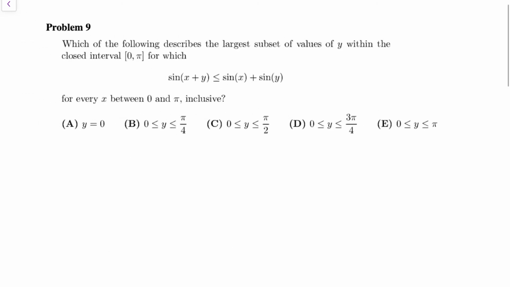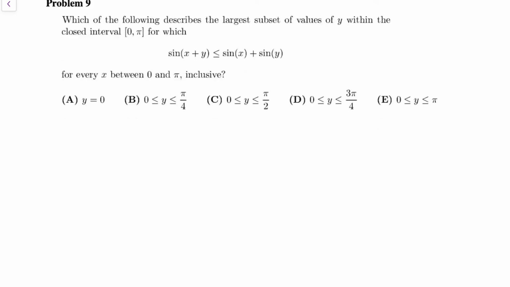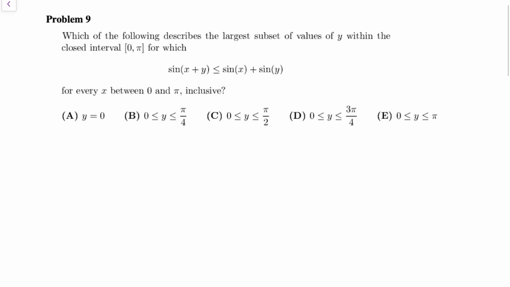Now let's look at problem 9. The AMC has 25 questions on a single paper. From question 1 to question 20, they're fairly okay questions, not occupying a lot of your time. Then for problem 21 to problem 25, you probably need to put some serious thinking into it to solve it. Problem 9, though, I think is very, very straightforward. It's pretty easy as long as you're staying within the